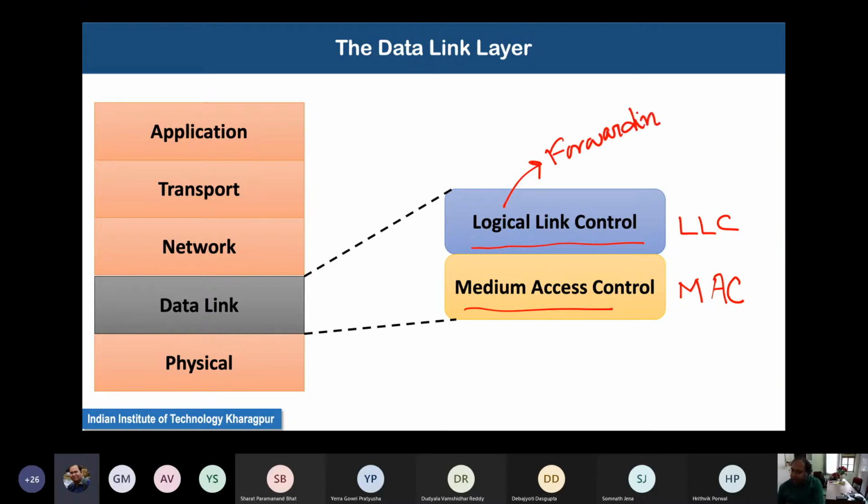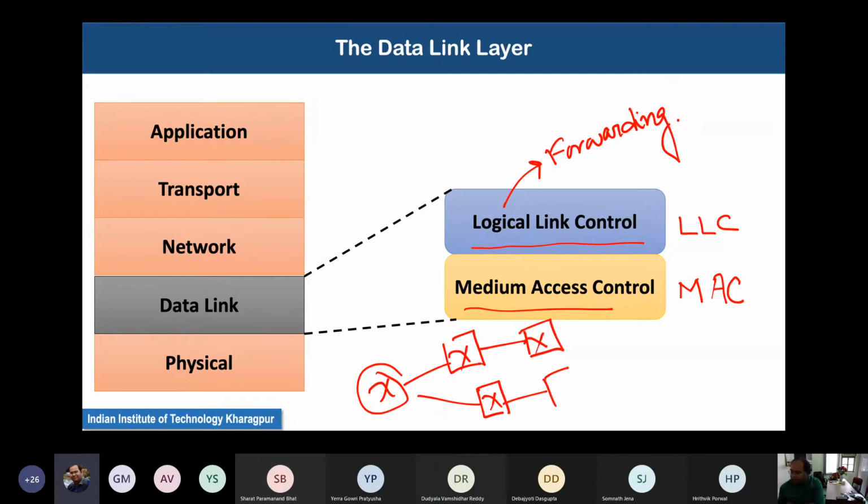If you remember in the last class, when we were talking about transferring data from one machine to another machine, we saw that you can have two routers, and in between the routers you can have multiple different layer 2 switches. In this diagram, these boxes are the layer 2 switches, and these circles are the routers. Whenever you are transferring data from a router R1 to R2, there might be multiple different physical hops present, and you need to transfer the data from one physical hop to the next.